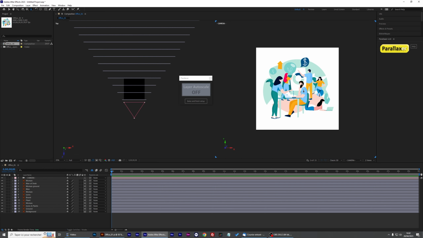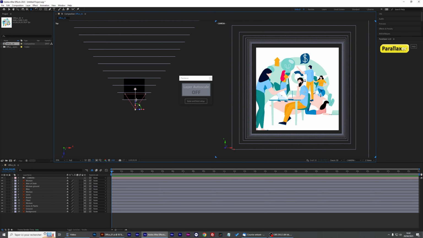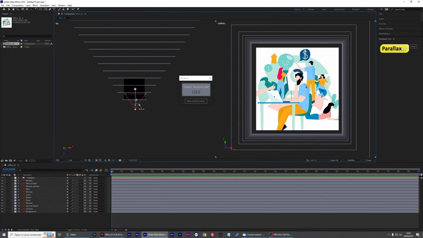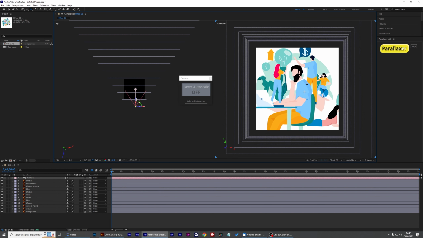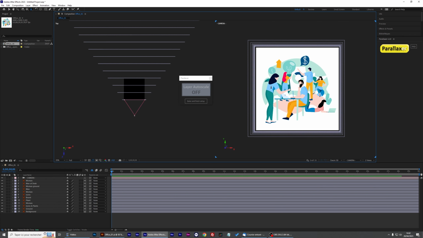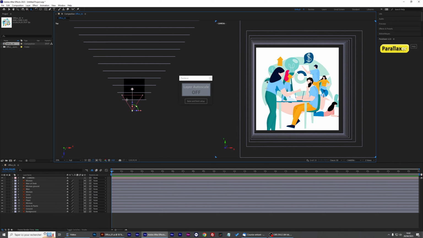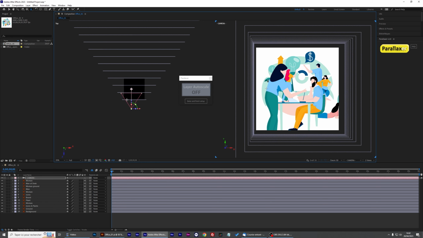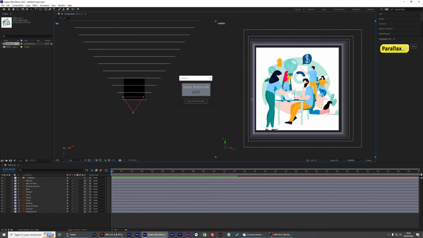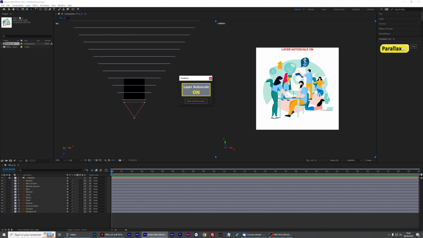I want to say to After Effects that my background over there is maybe too close. I want it to move less when the camera is zooming in. And I want to say also that the woman here is maybe too far from the desk of the man. So we're going to do this very easily by activating the layer autoscale. I'm going to take the woman here, woman layer.